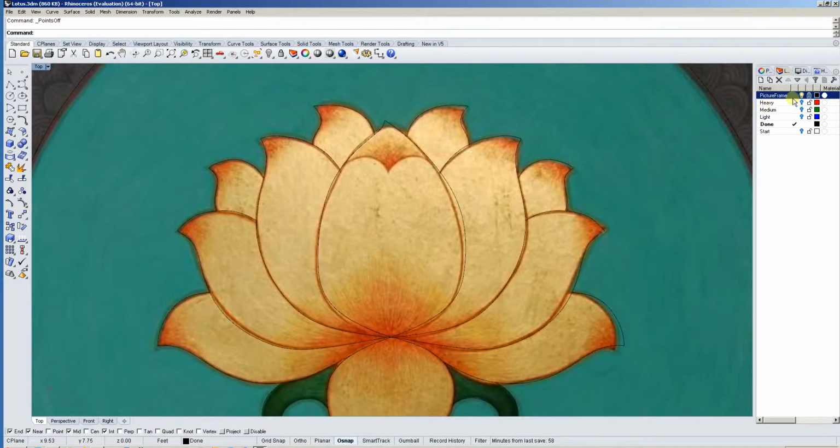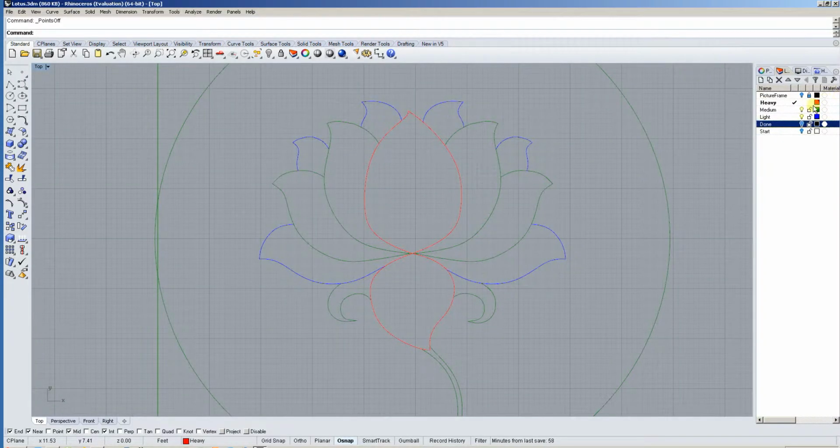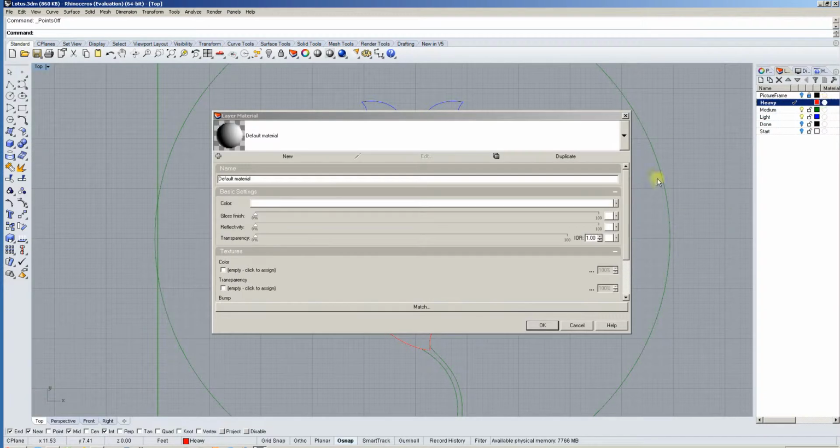So what I've done here as well is prepared this for printing. I know some of you are going into Illustrator. If you don't have Illustrator, you can basically create 3 different layers. Turn that off. Now you can see they're colored based on their layer color. You can have a heavy, medium, and light line weight, which you can actually